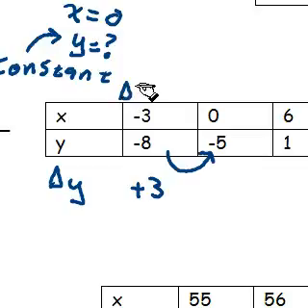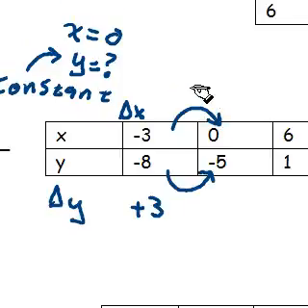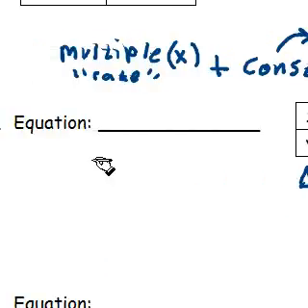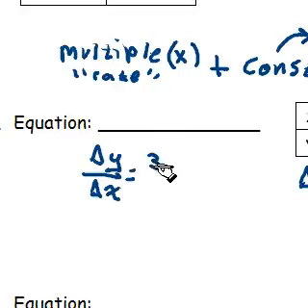Likewise, let's look at our change in x. It goes from -3 to 0. That is an increase also of 3. So our change in y over our change in x is equal to 3 over 3, which equals 1. So our multiple is 1x